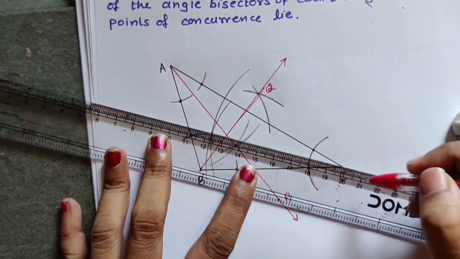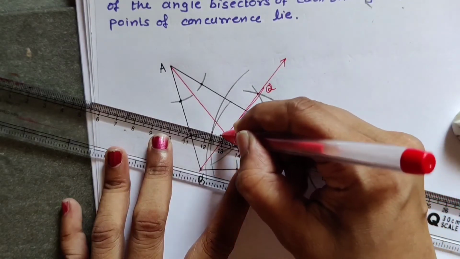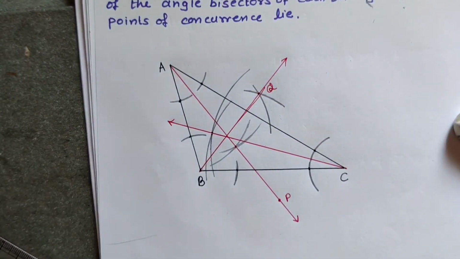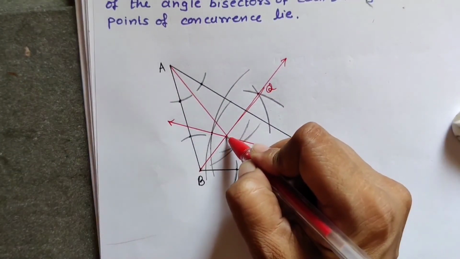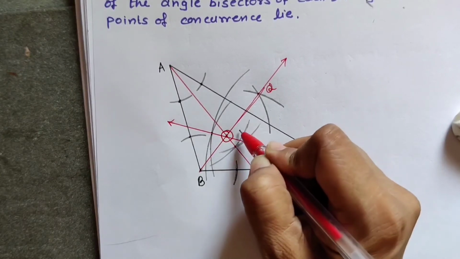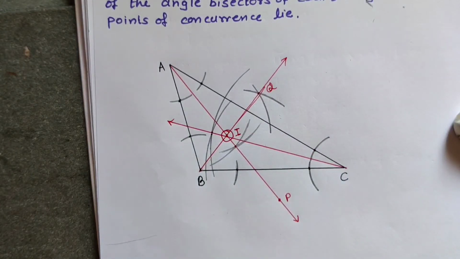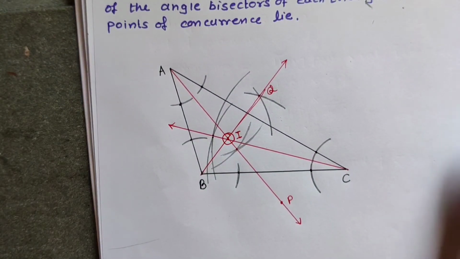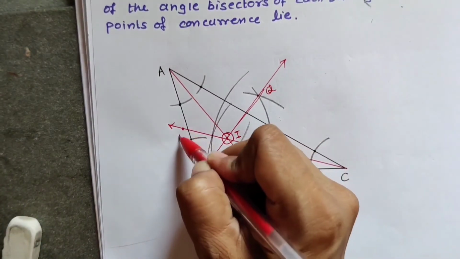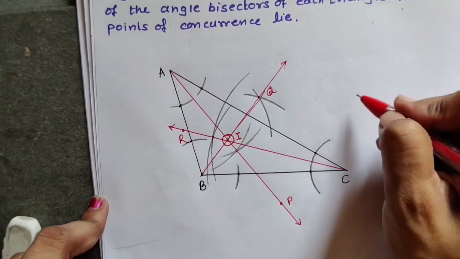This is the point of intersection and let us join it. And this way here we have got the point of intersection of these 3 arcs, which is denoted by I, and we can write it as the point of concurrence. Here we can give any name P, Q and R. So point of concurrence, here we can write